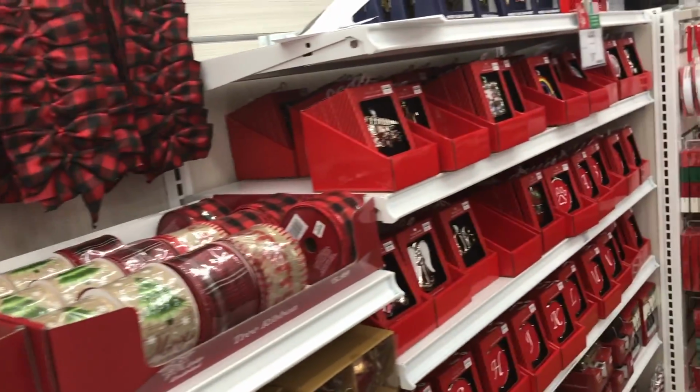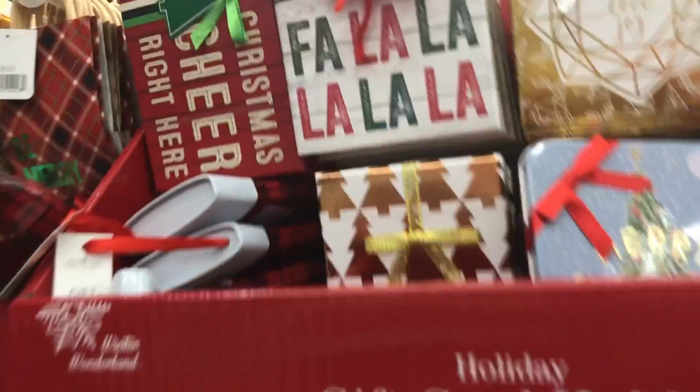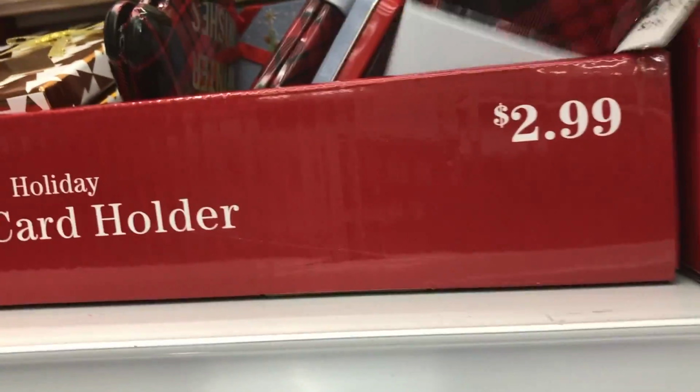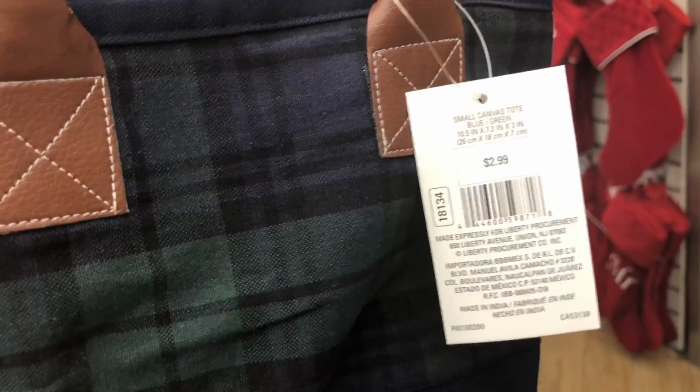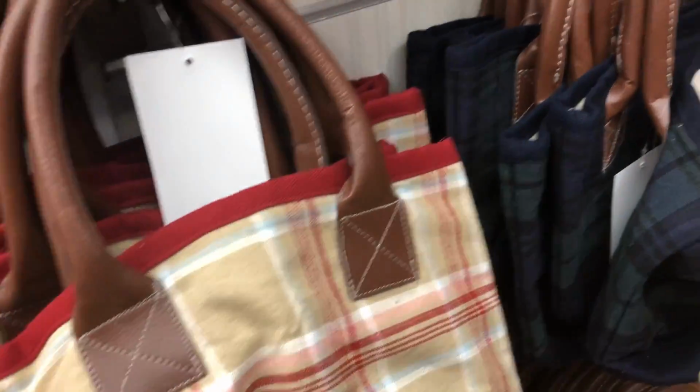Alright, just some more bows. I just wanted to show you that they do have some stuff in here if you're interested. I like these because these are, you know, the card holders. I thought they were really pretty. Alright, these are little bags so you can put gifts in, which I thought were really cute and inexpensive